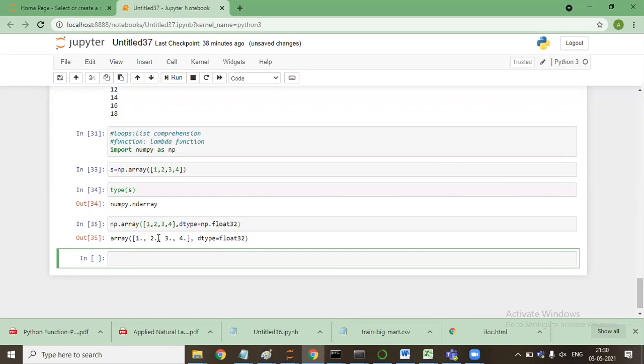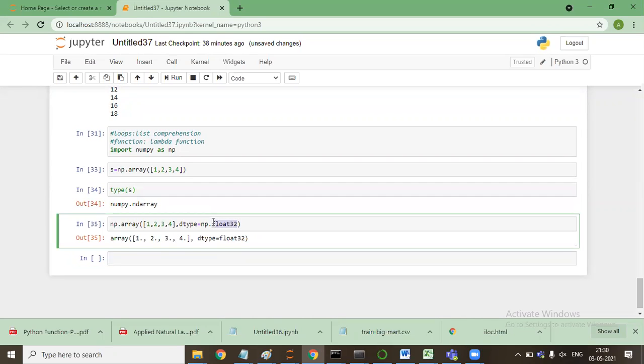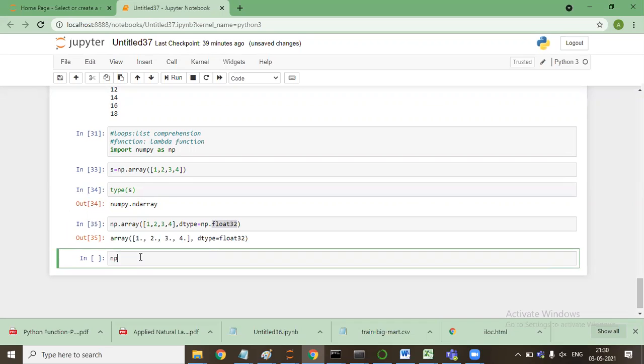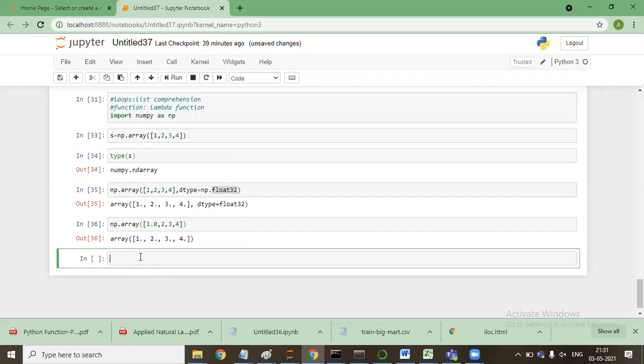So now it has been allocated as a float kind of memory, which can go into decimals. By default, it takes int. Okay, guys. Now, automatically it has become float because one of the elements that has been stored is a float.